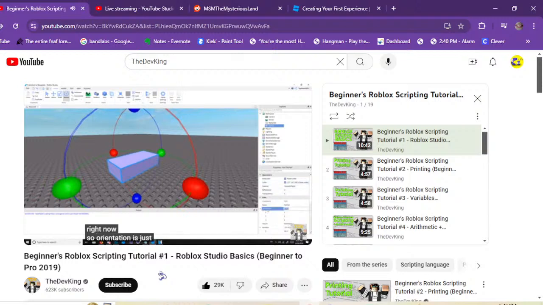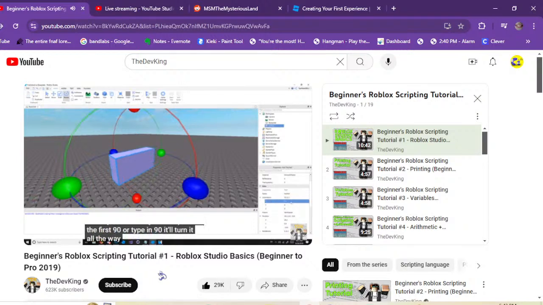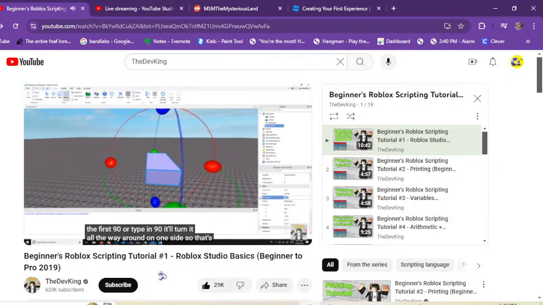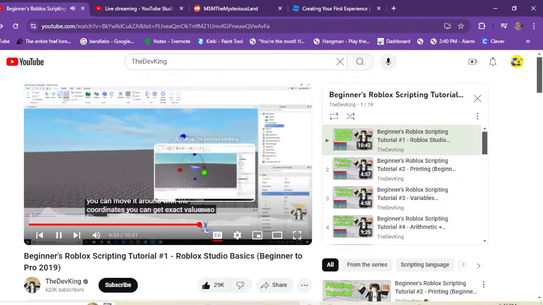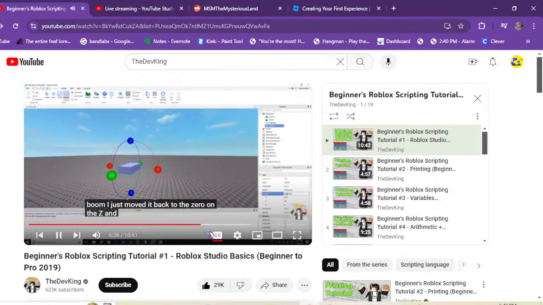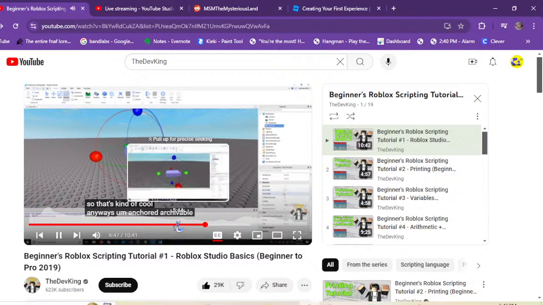So orientation is just the rotation. Don't worry about that either. You might not be using that for a little while, but I'll show you real quick. So I can type in 90, and it'll turn it all the way around on one side. So that's a little bit more advanced, but don't worry about it. So anyways, boom, I just moved it back to the 0 on the Z, and I'm